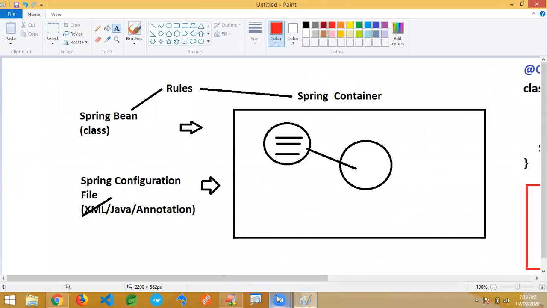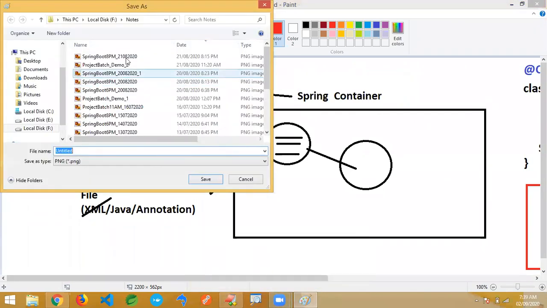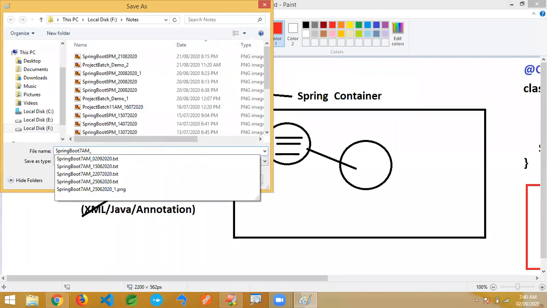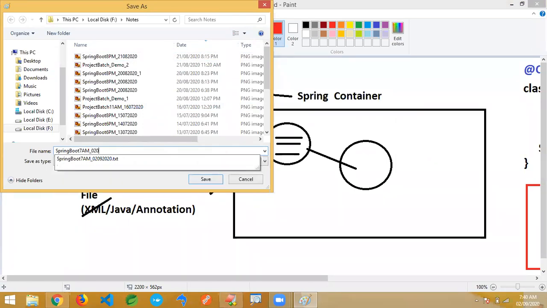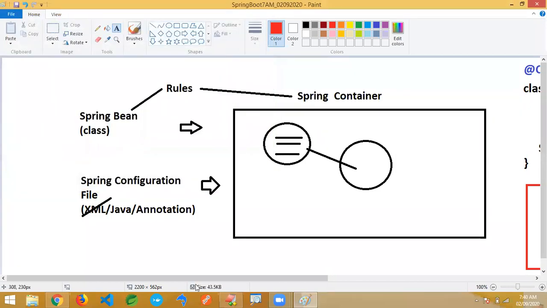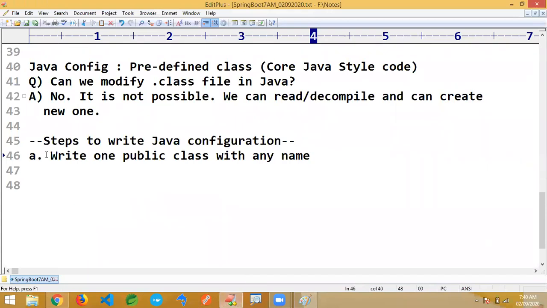Then only Spring container will detect. Let us continue. Write one class with any name here. It's a public class.